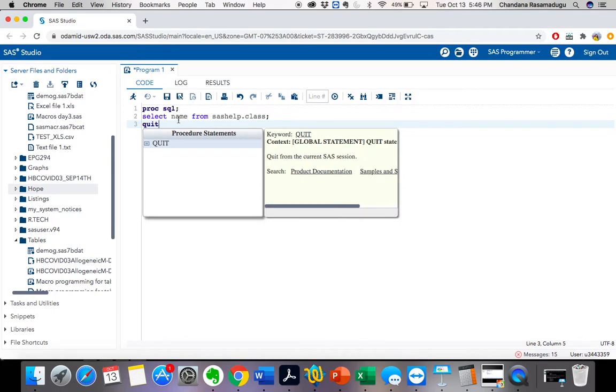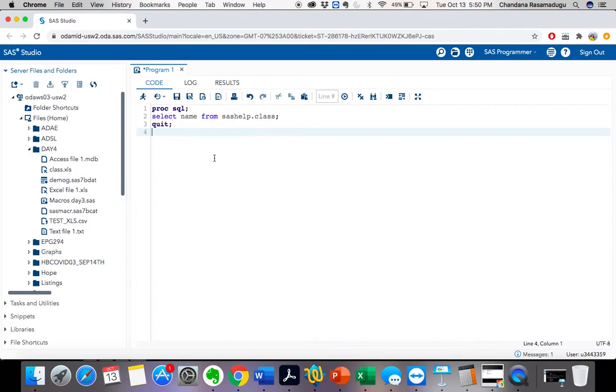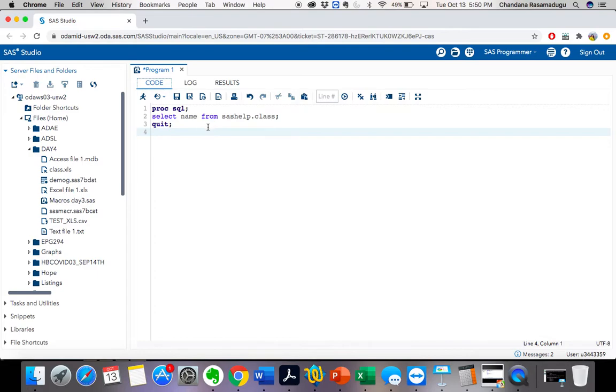This is our basic SQL procedure, right? Let's execute this. See, now the name variable values got printed in my result by using the basic SQL procedure.